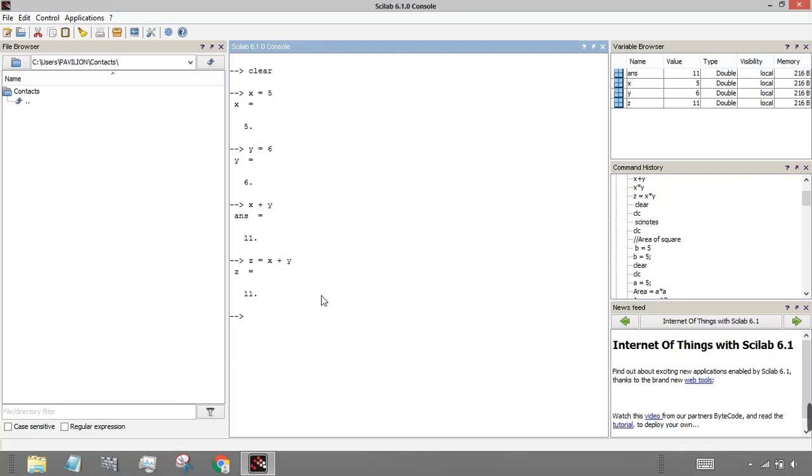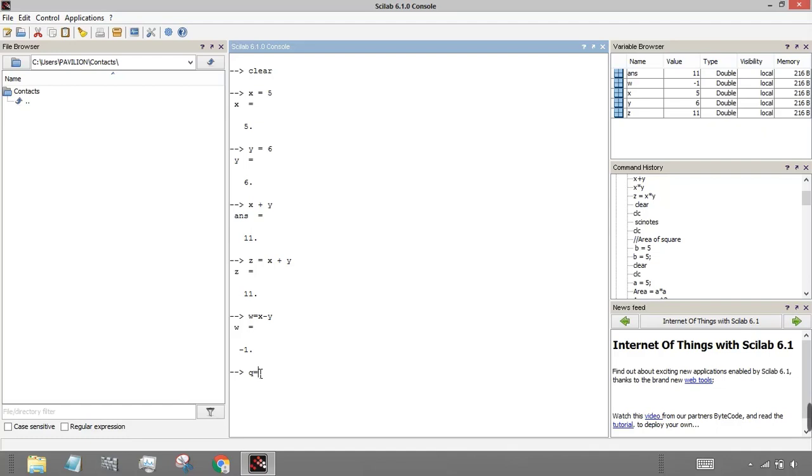The same goes for subtraction. w is equal to x minus y. So I just store the value of subtraction in the w variable. If I press enter, that will create a w variable and you will get the answer of -1. Then go for the division.